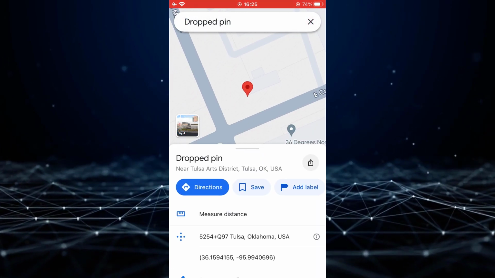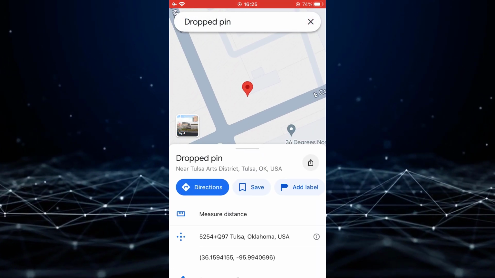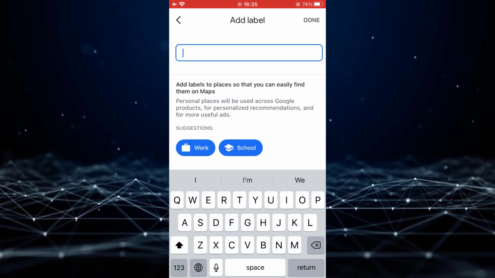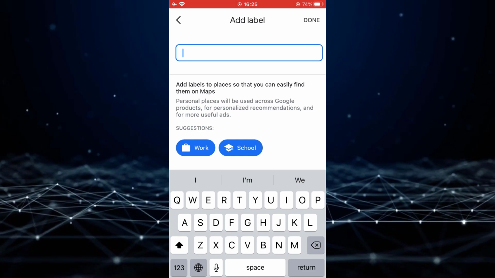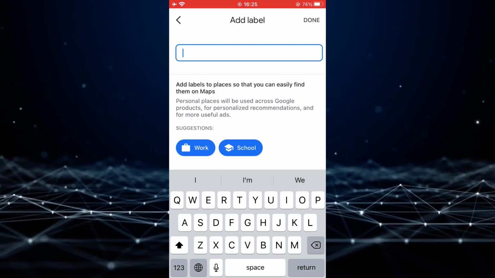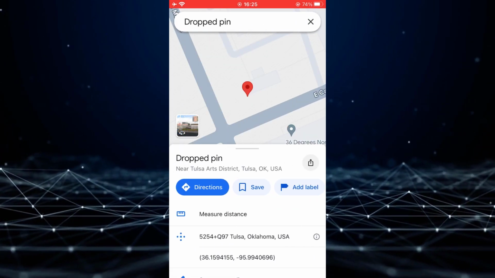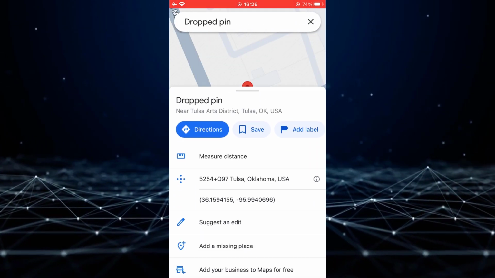Once the pin is dropped, click on Add Label. If you add a label, this will be your personal location label and will not be visible to anyone else on Google. However, if it's a public establishment and you want the listing to be publicly available, drop a pin